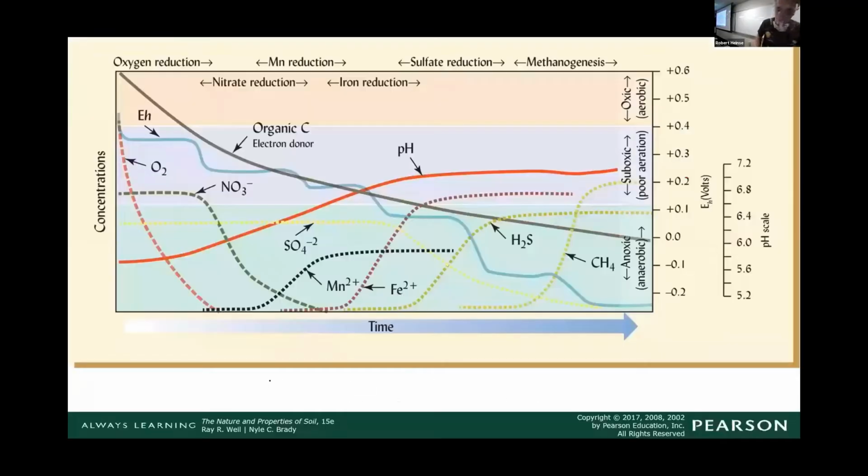So the other one isn't another use, but another way of looking at the same thing. This is a figure from your textbook. What we have here in this figure is that you're starting out with soil that has plenty of oxygen available, and you're giving the soil a carbon source. Then you're basically shutting off the oxygen supply to that soil